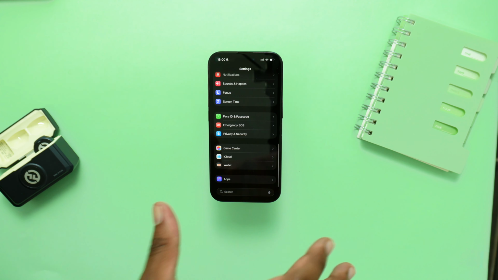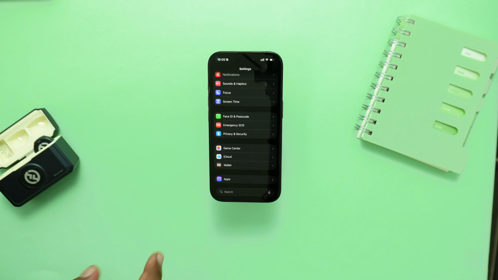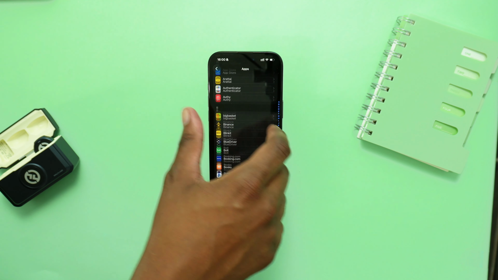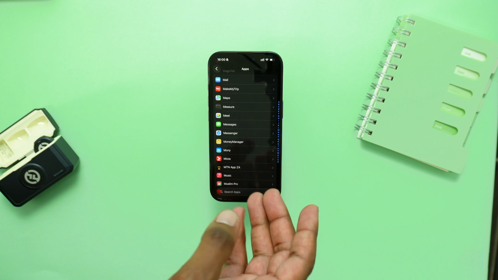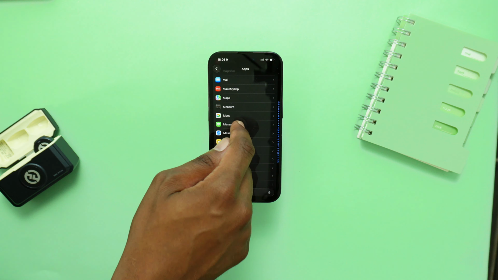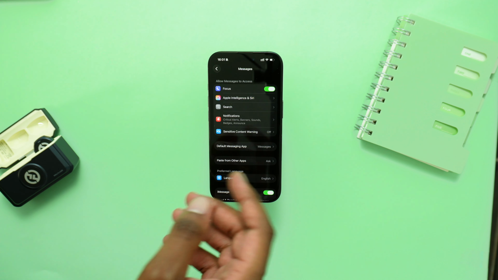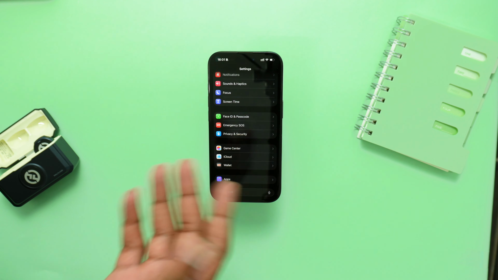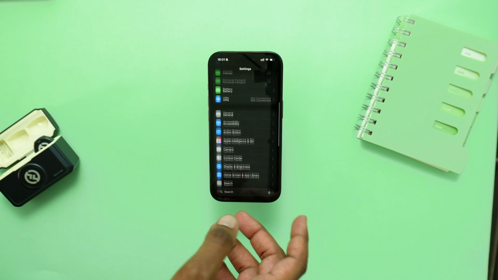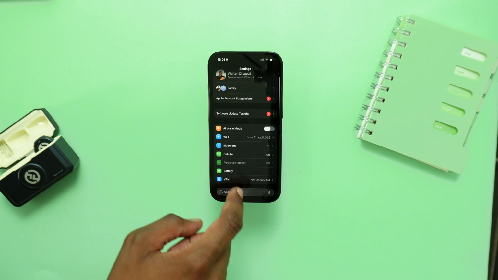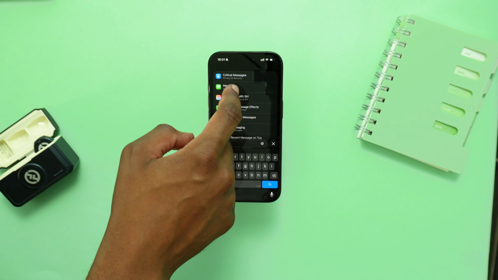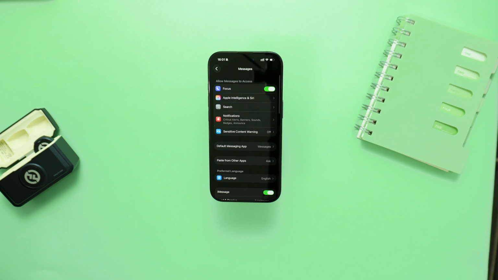We're going to scroll down all the way down within settings, and then tap down here on Apps. Once you're here on Apps, you want to scroll down all the way to the letter M, which will bring us down to Messages. You want to hop into Messages. Now, if you're unable to find Apps within settings, you probably have a much older operating system on your phone, and you can simply tap on Search and manually search for Messages. You want to hop into the Messages settings section,